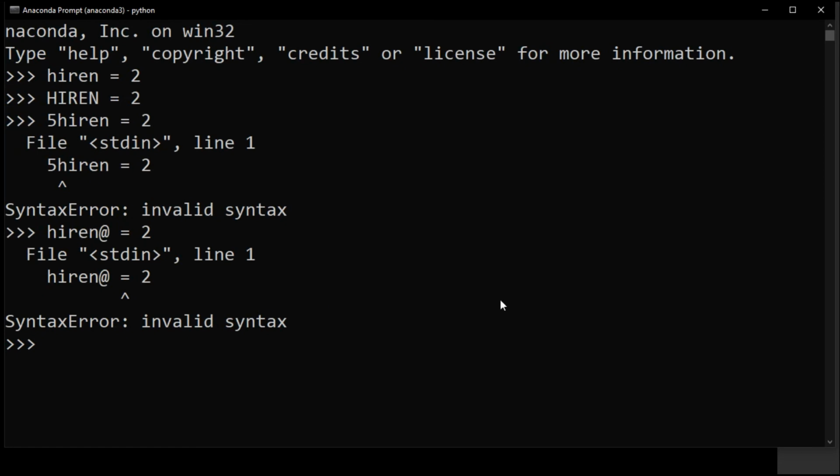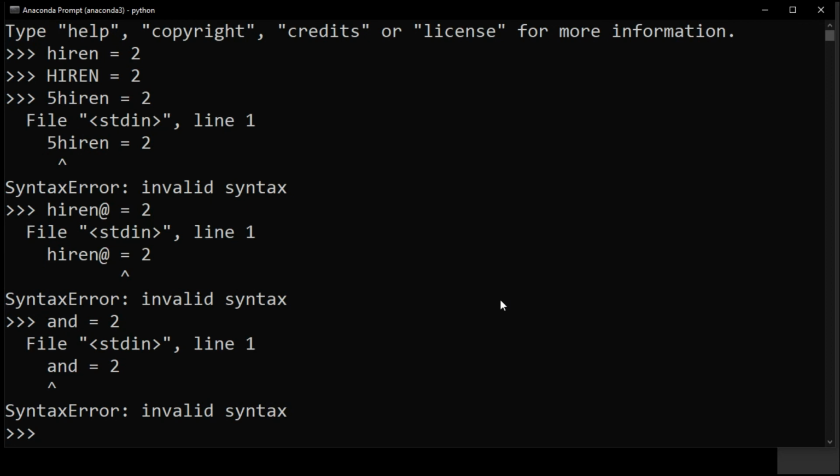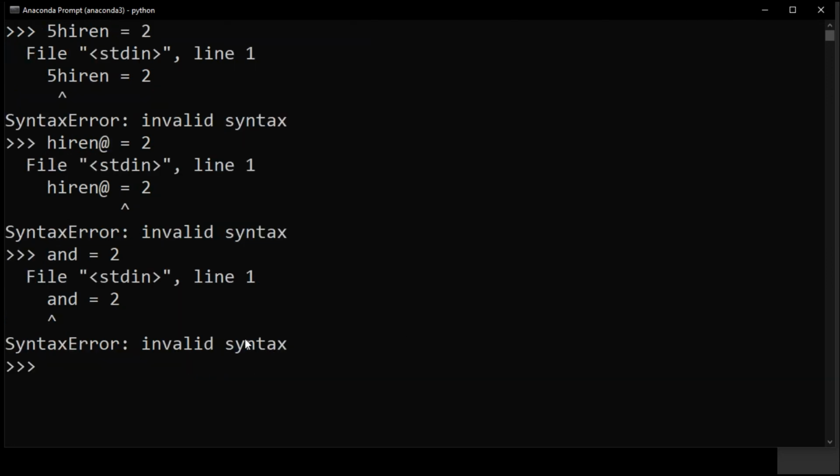One more thing, you cannot use any keyword as a variable. So let's say I am going to use the and keyword as a variable, and let's assign it. Again it says invalid syntax, we cannot use this and because it is already a keyword and we cannot use a keyword as a variable.